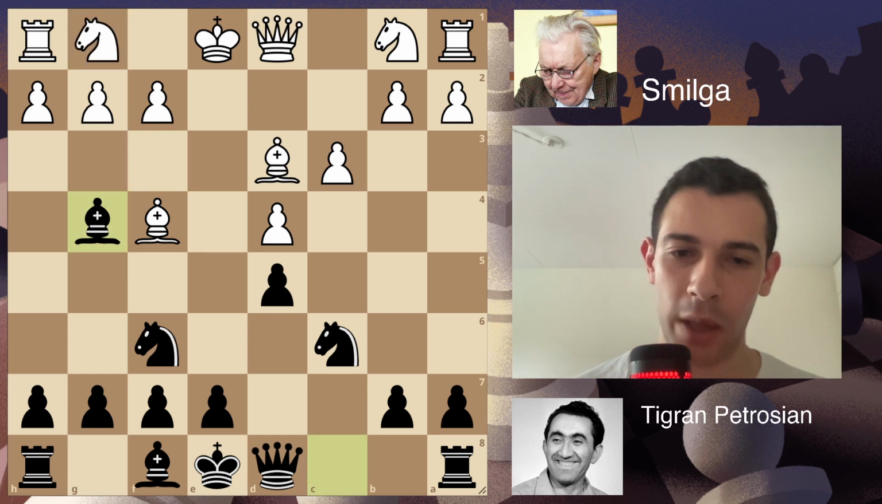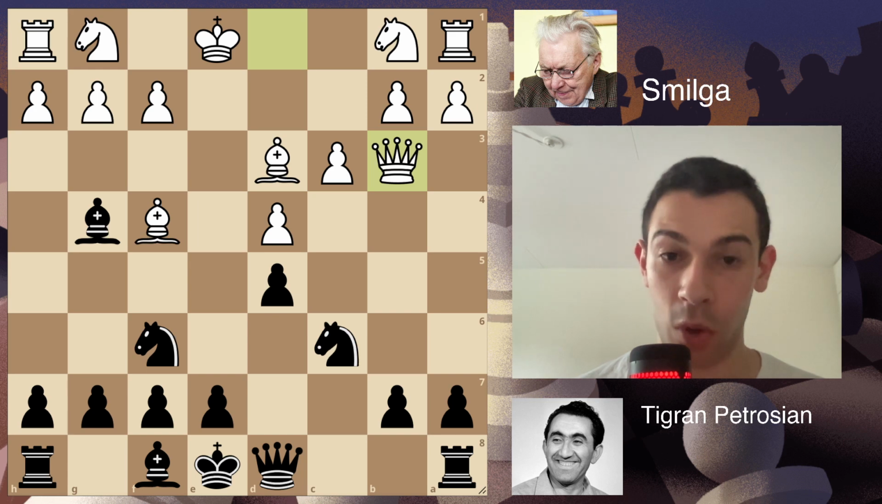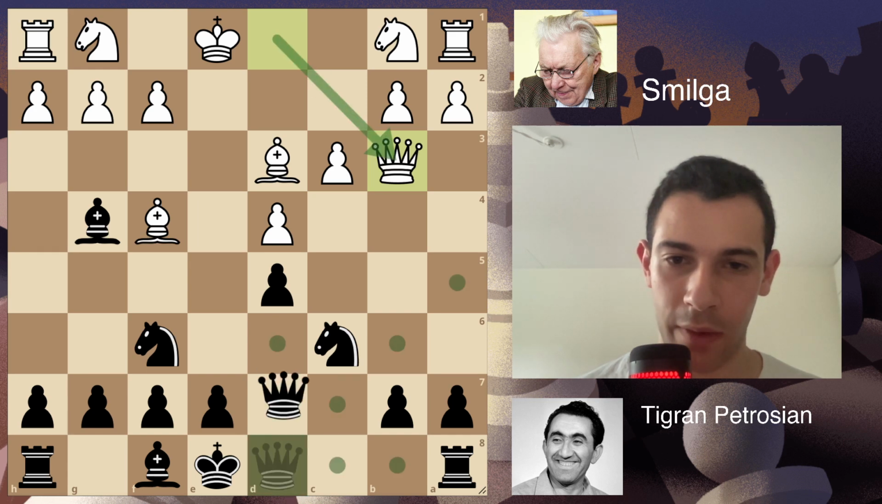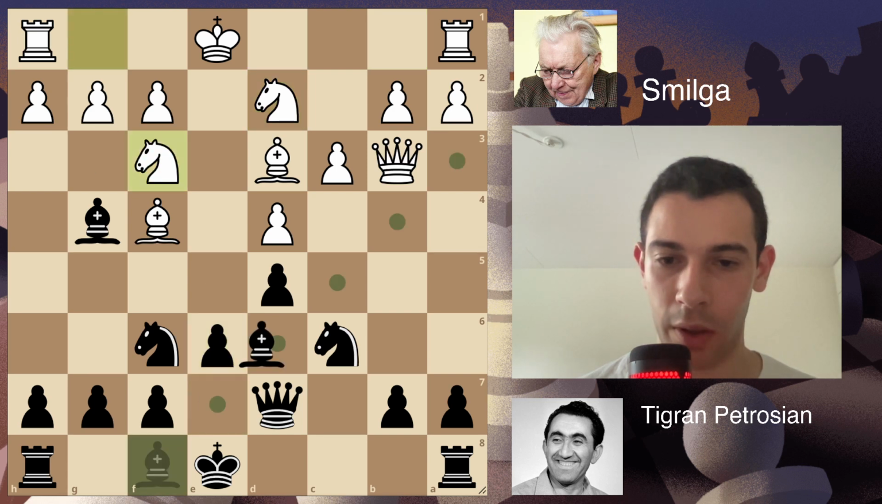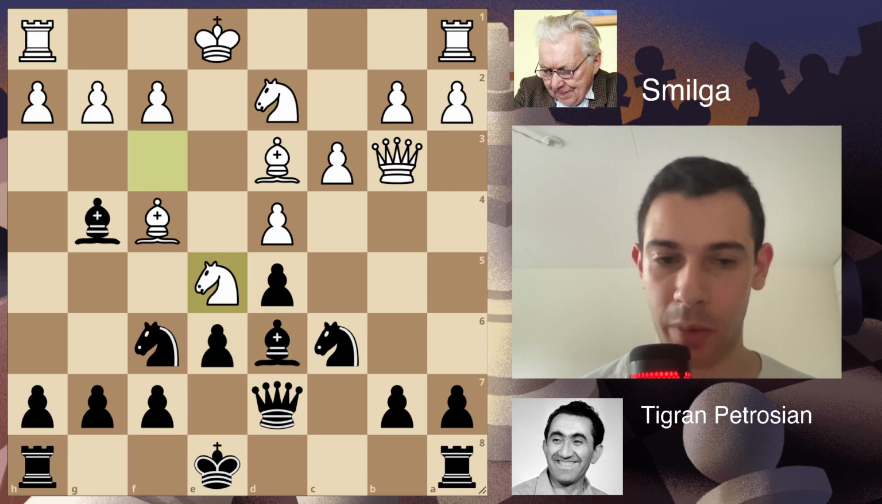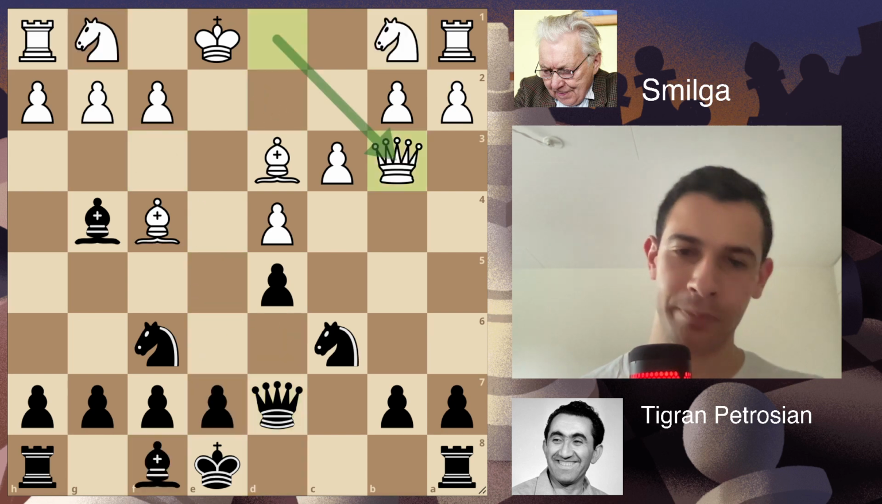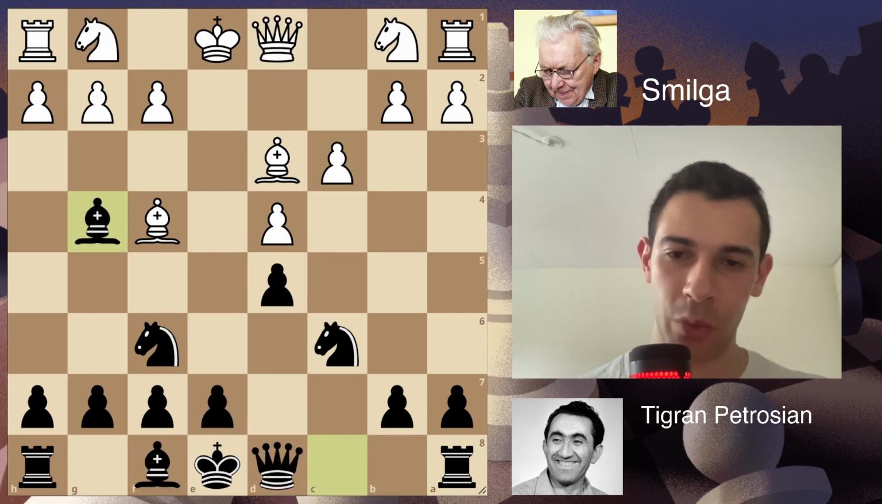The main move here for white is to go queen b3, and after queen d7, knight here. I have analyzed this position in my Caro-Kann video. After bishop here, say this is possible, etc. So queen b3 here is the main move, but we have knight f3,